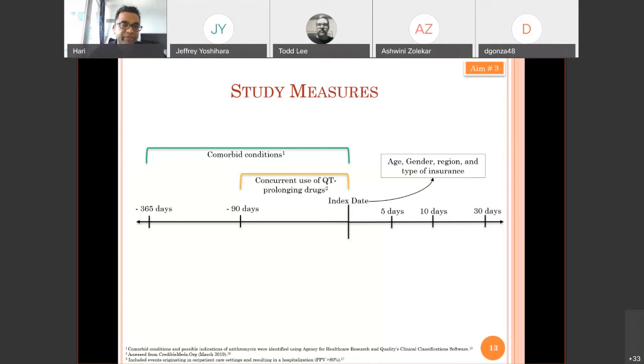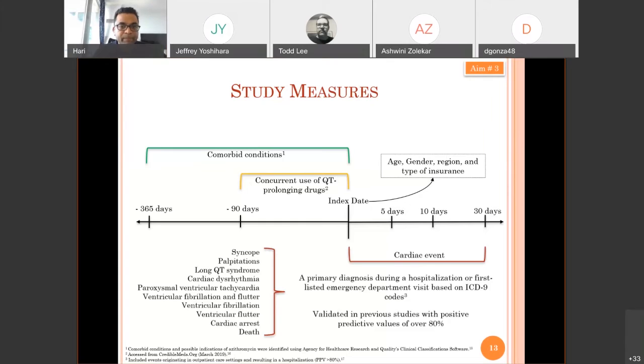There are over 17,000 conditions, but they're bucketed into level 1, level 2, and level 3. We ended up going to level 2, which is a subcategory of the general condition. So it gives you a little bit more clinical granularity in types of conditions the patients had in the 12 months prior to the index date.